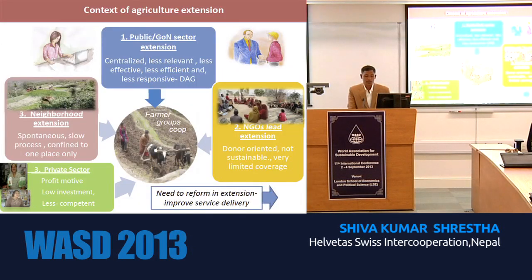This is the situation. By knowing this scenario, all the agriculture extension system is not very much addressing the rural poor. That means we need to really reform the agriculture sector service delivery, so we try to introduce one approach that is a decentralized farmer-to-farmer agriculture extension approach. This could be one of the potential solutions to provide service to the rural poor.